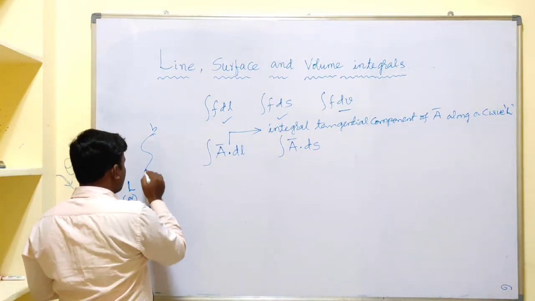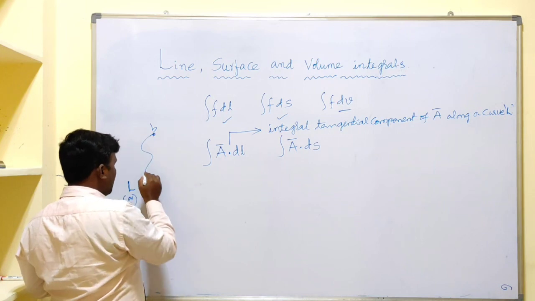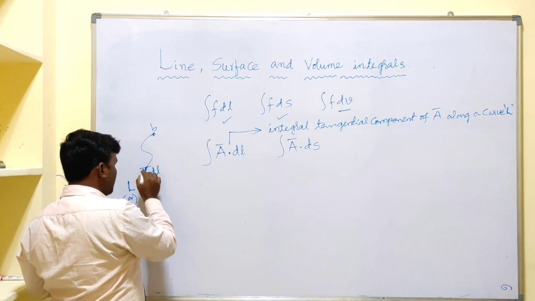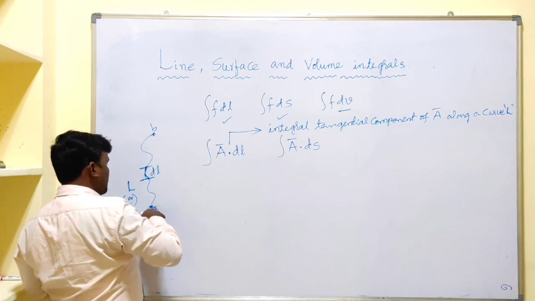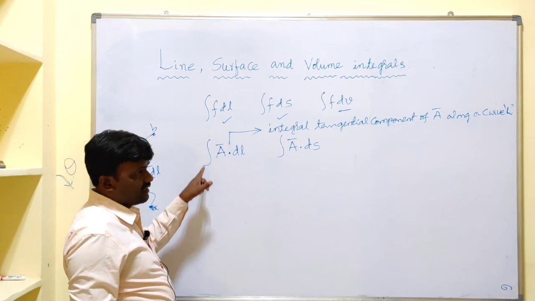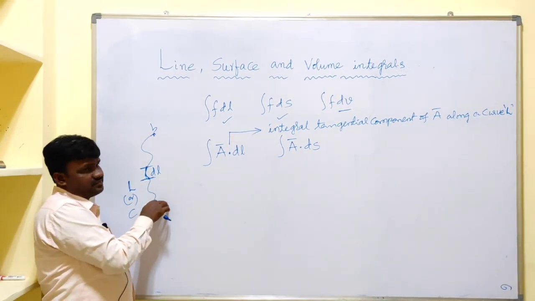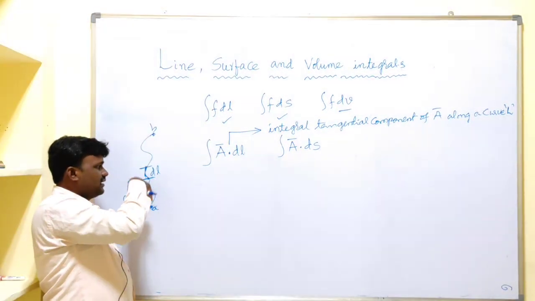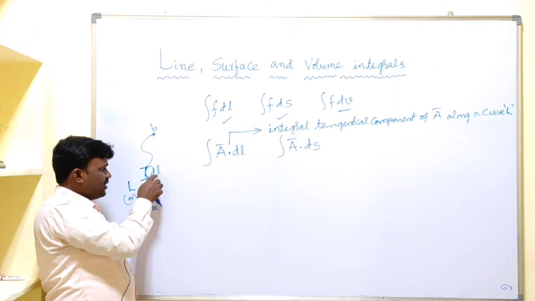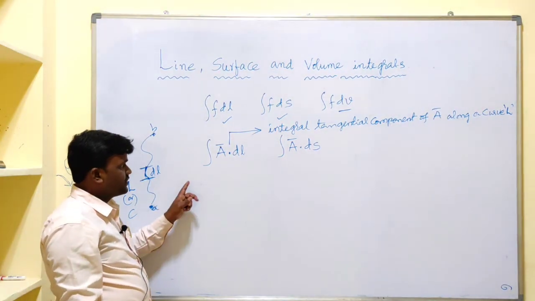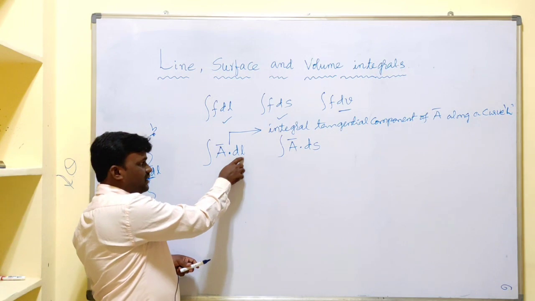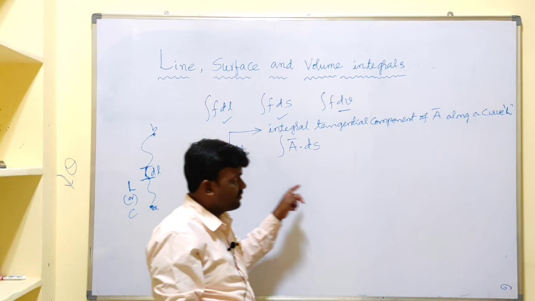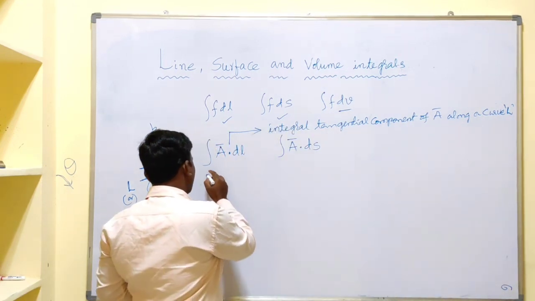Let us consider the total length is L, and I am taking a differential length dl. If I integrate over the length of the curve, I will get a line integral like this. What about this dl? It is a small differential length. That means we can split the total length into equal parts of length dl. In that case, if you integrate this vector quantity, you will get the integration of A along the curve L.